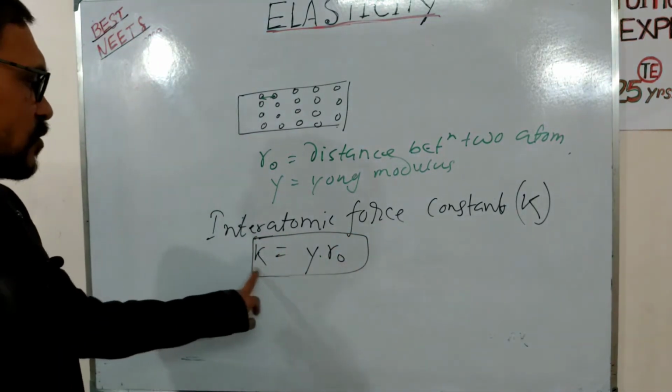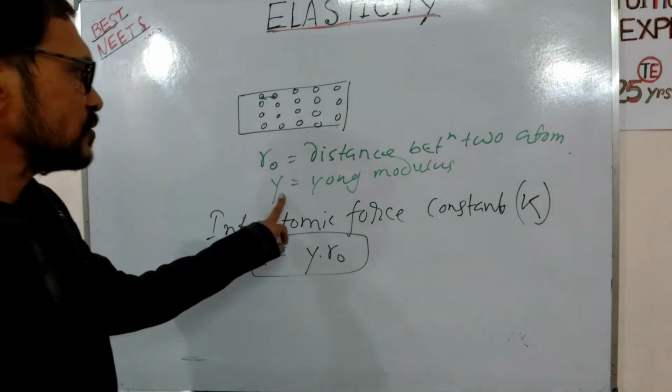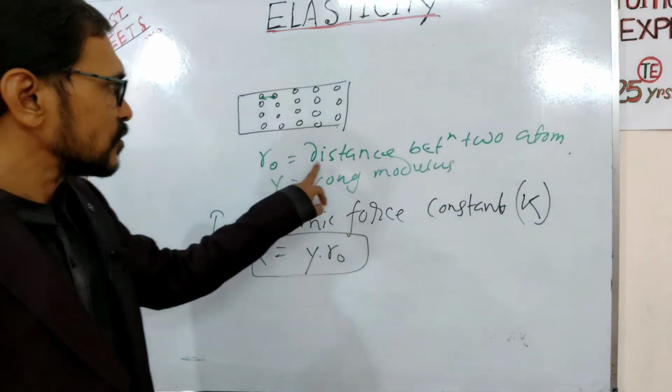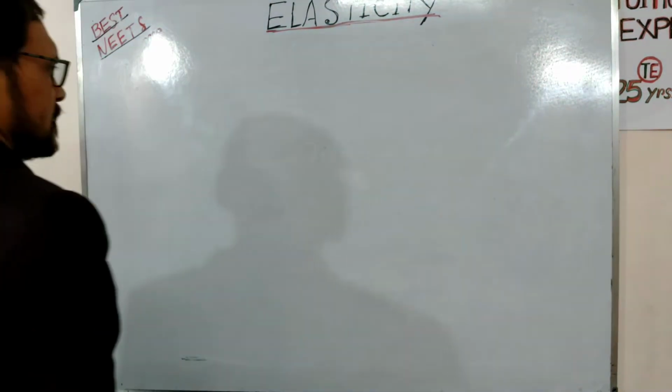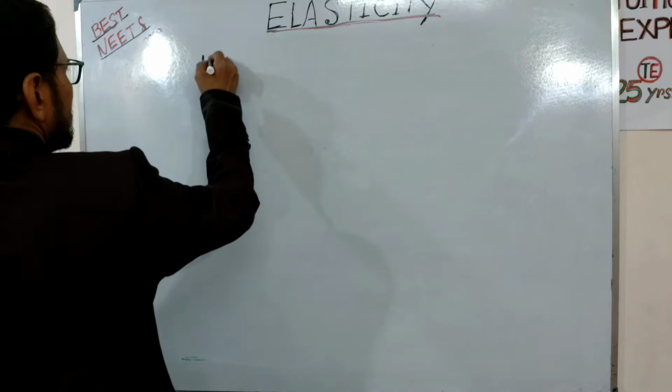Interatomic force constant equal to Y into R0. Y equal to what? Young modulus. R0 equal to distance between two atoms. Okay. Now, most important topic is